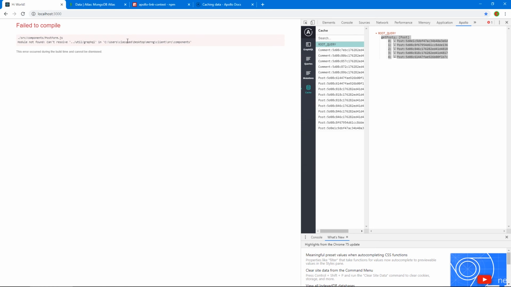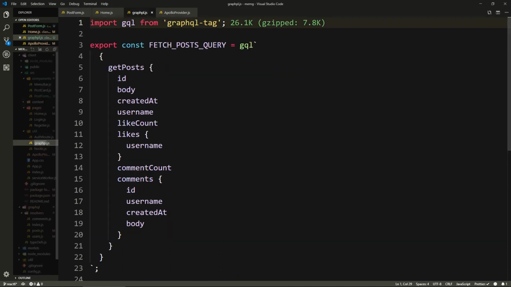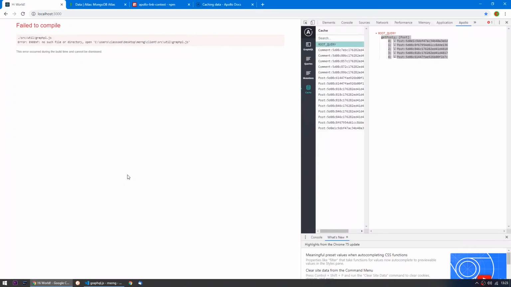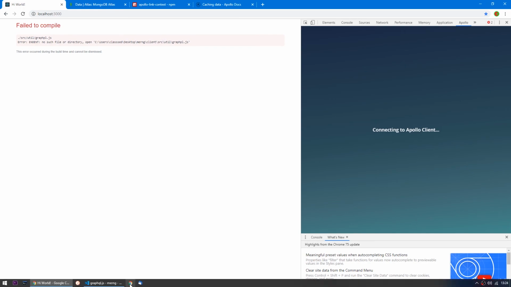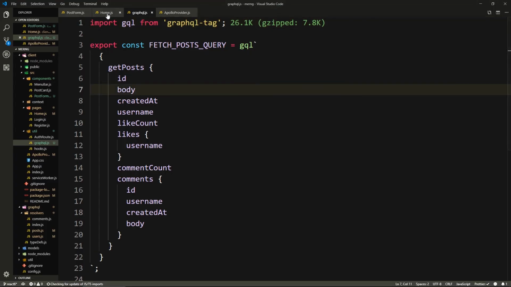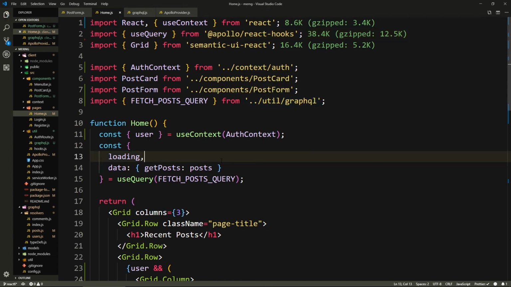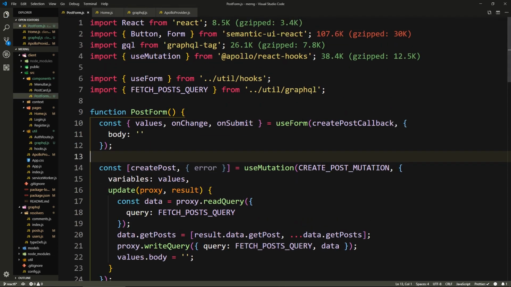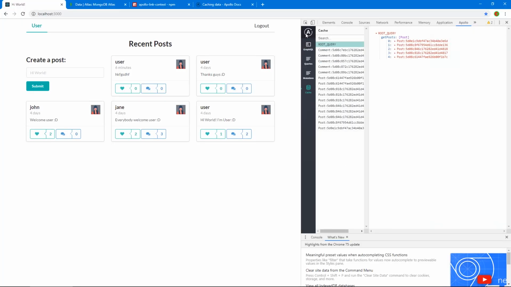Okay, so it says it cannot resolve graphql. I misspelled the name of the file here. Let's save. Let's refresh. No such file. Okay, I misspelled it somewhere else, probably in the home. Okay, that's renamed, and here as well it's renamed. Okay, third time is the charm. All right, cool. So now if we go to our cache, we see that we have 5 posts,